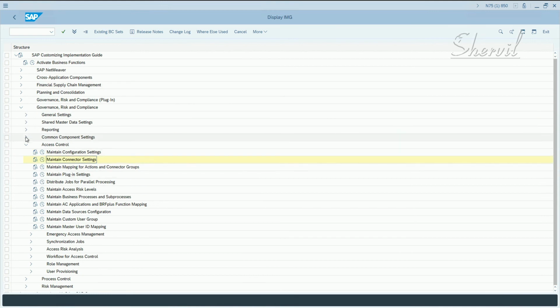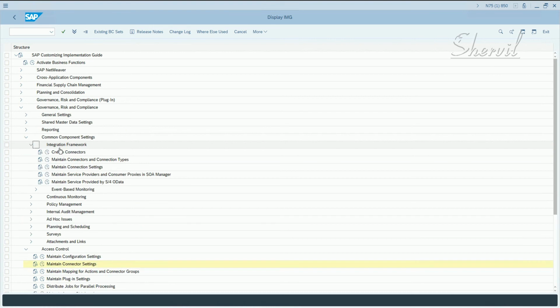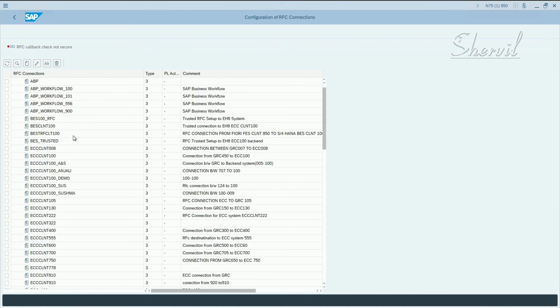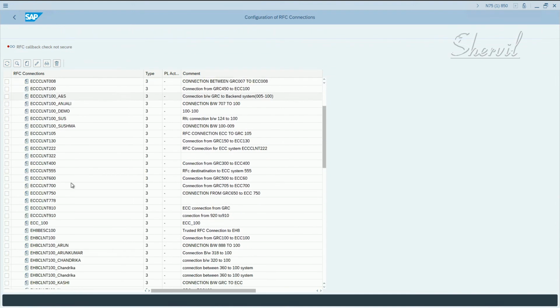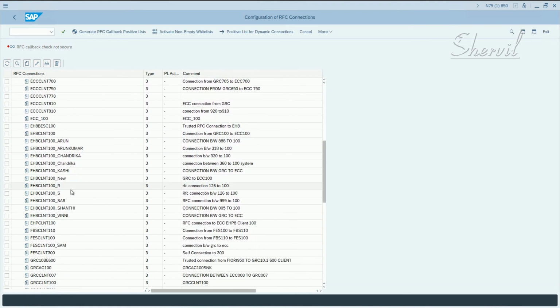If you go to common settings, integration framework, and say create connectors, it will take you to the SM59 screen. In our case, we are going to use the connector EHP CLNT 100.